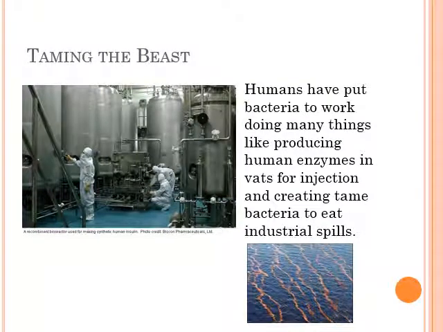If anybody is diabetic, you have to use a syringe and inject yourself with insulin to control your sugar levels. We used to have to get that from pigs. Literally, we would take pig's blood, spin it in the centrifuge really fast, and extract the insulin. We don't do that anymore. We got it on tap. Bacteria are producing insulin for us.